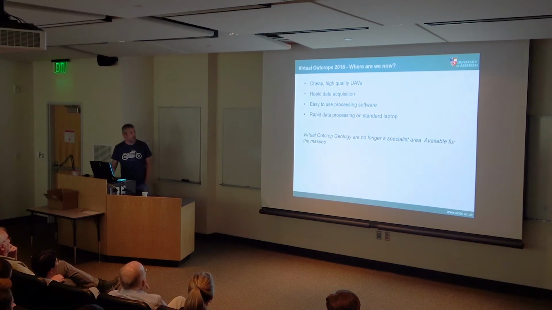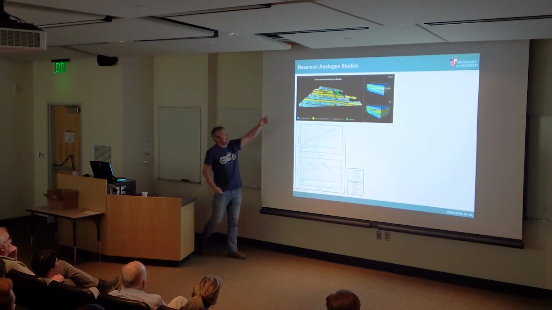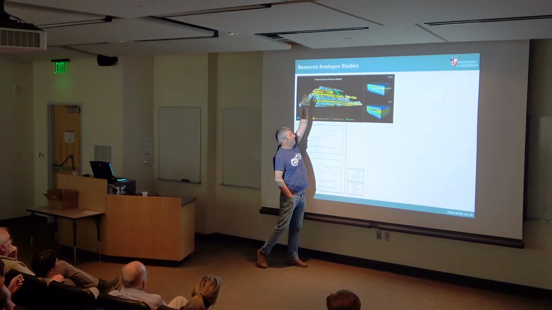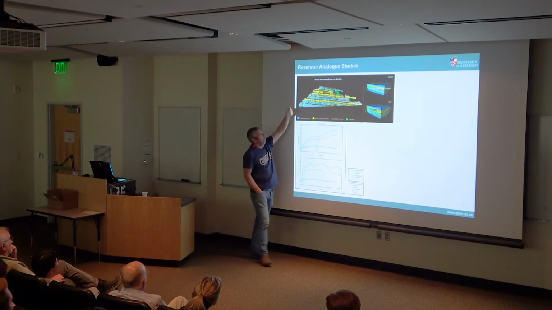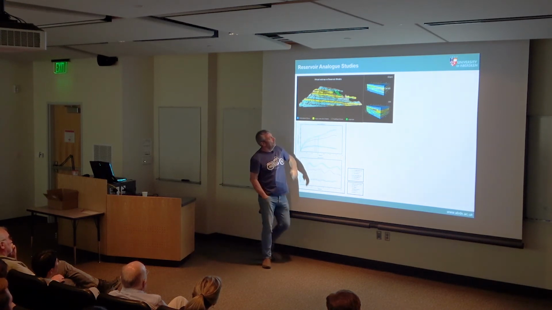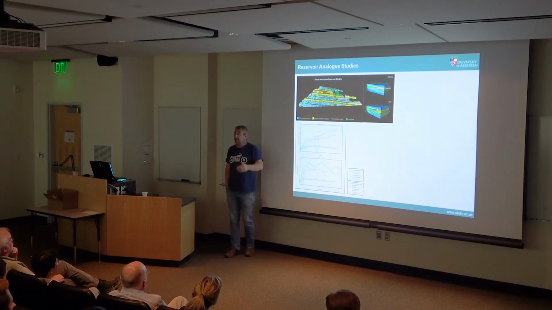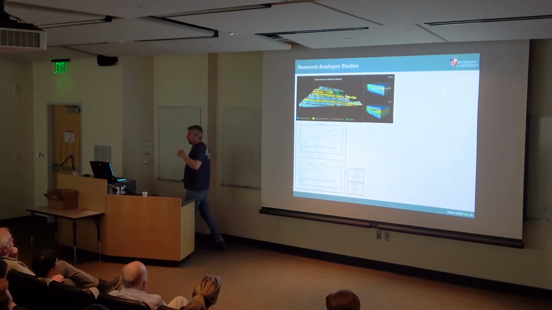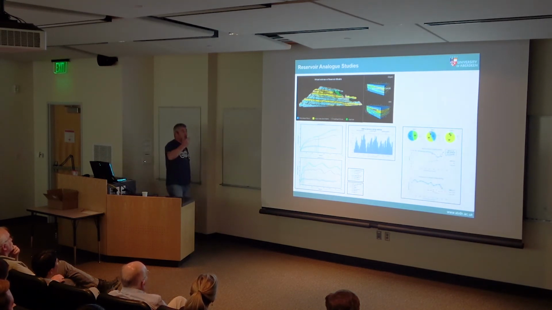So the sorts of things we're doing with them, we do reservoir analog studies. This is another little outcrop in the Book Cliffs just by the old Castlegate mine. But basically, we do an interpretation, we overlay it on the outcrop. You can build a geomodel of it. You can extract semi-variograms for the statistics of the bodies. You can extract object dimensions for the shapes of the bodies. You can extract facies proportion curves and things like that.